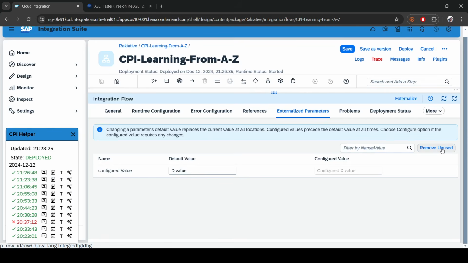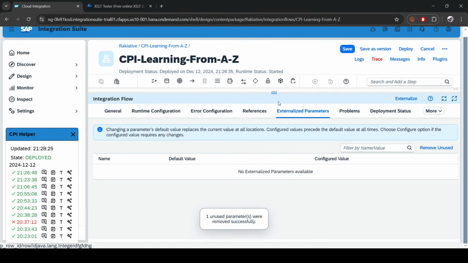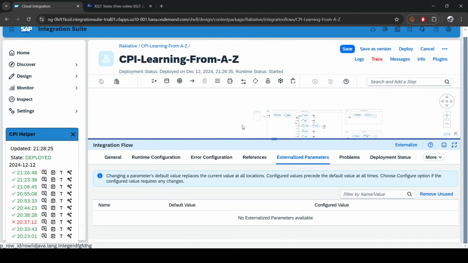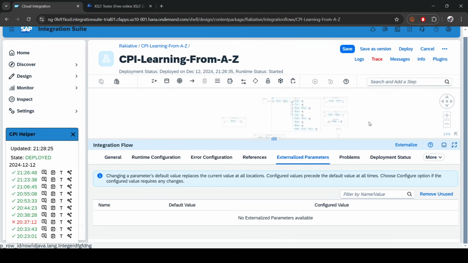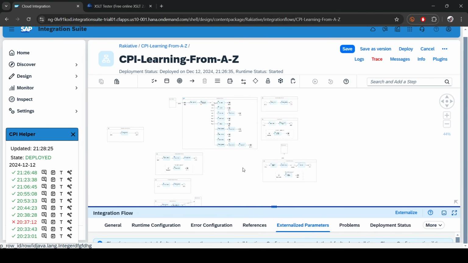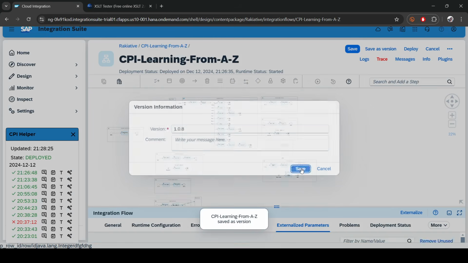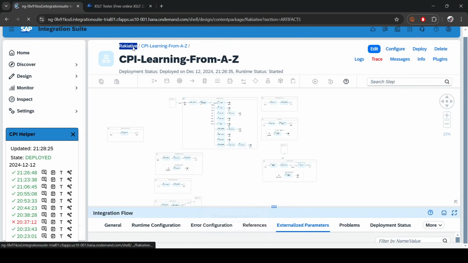So what you need to do, click on edit, remove unused properties. Click on it. It will tell you, okay, this is the one which is unused. But this will work only for configured values. So I can remove it. Okay, what if there are some properties in some random block you might have created? You just know the name, but you don't know where you have created. Then how will you check? There is no way to check, right? So the best way to check is you save this as a version, save it, go back to the root node,